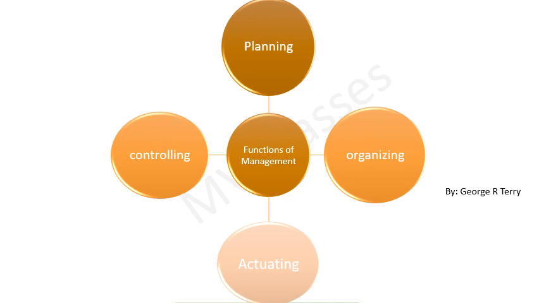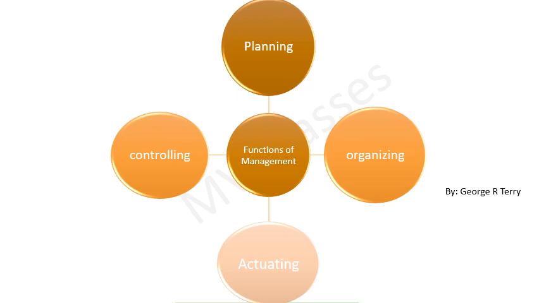The second one is organizing. Organizing means bringing together the manpower and other resources, that is, you can learn by the 4 M's also, and that is men, machine, money, and material. So this question can also be asked, what are the 4 M's, in different exams, maybe not in UGC NET but in other exams related to HR. So these all 4 M's, when you are putting them into working order for the achievement of the objective